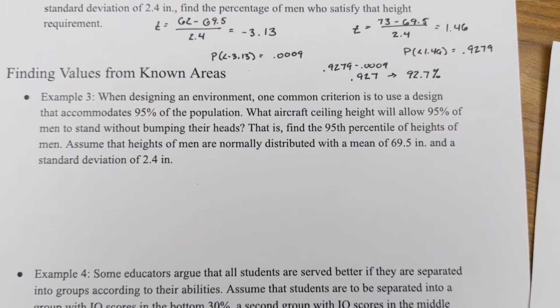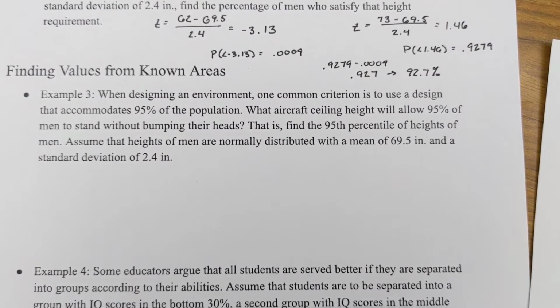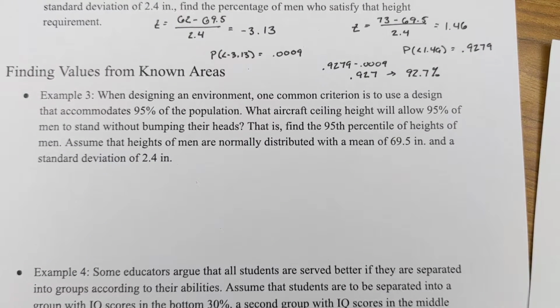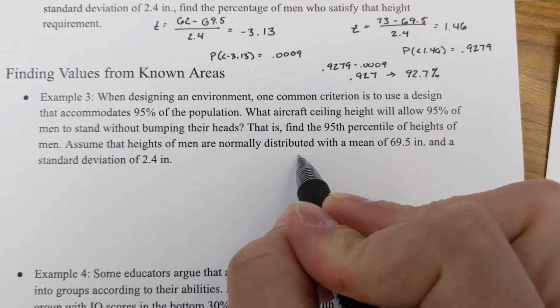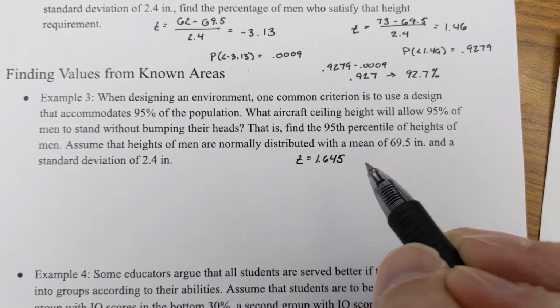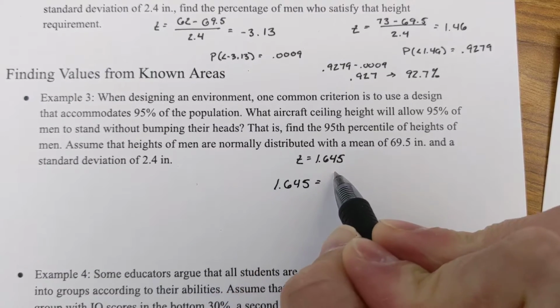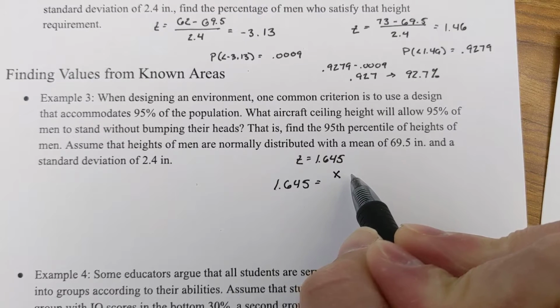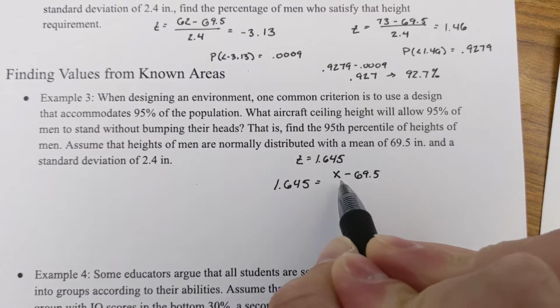And from the previous section, that was a special case. See if I can find it. That was 1.645. So the z-score that corresponds to the 95th percentile is 1.645. So the equation is the z-score is equal to the specific value minus the average, so 69.5, divided by